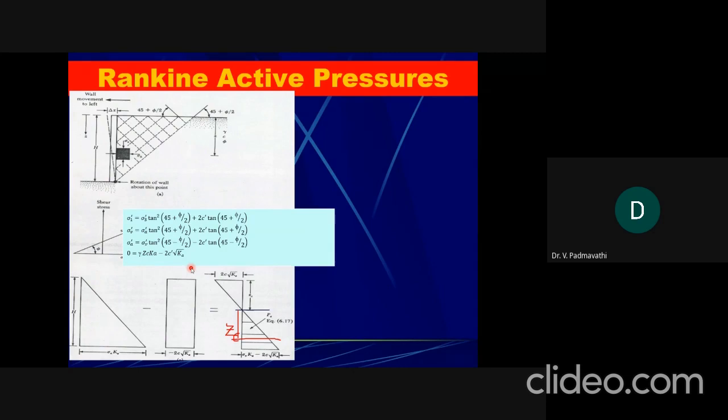Okay. Suppose you have the C value also. In the Kp and Ka we have seen the C equal to 0 case. If you have C equal to some value,